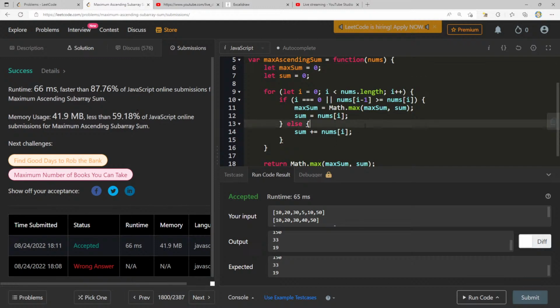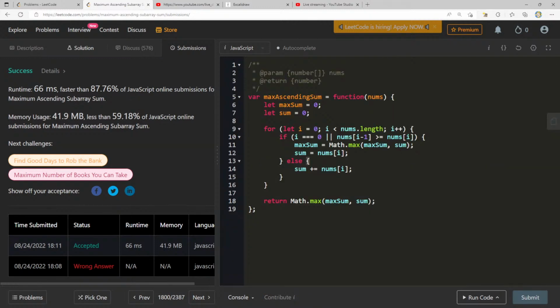Okay, so 87.76. Pretty happy about this. If we think about the time and space complexity, the time here will be linear since this is directly proportional to the size of nums, right? However long nums.length is, it will have to iterate through the entirety of that nums array. As far as our space complexity goes, it's constant since we're only having to keep track of 2 variables here. So yeah, feeling really good about this one.